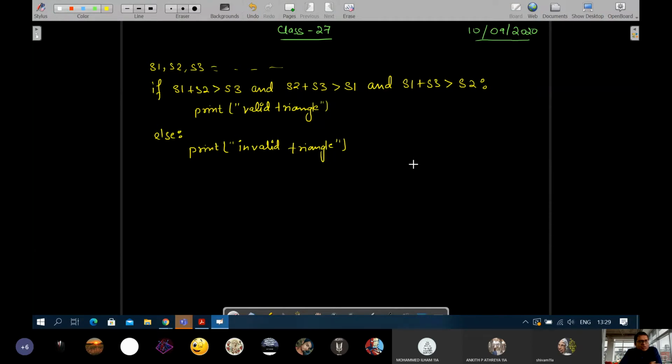So we are checking that the sum of any two sides should be greater than the third side. Is it clear to all? Yes, sir. Okay, great.